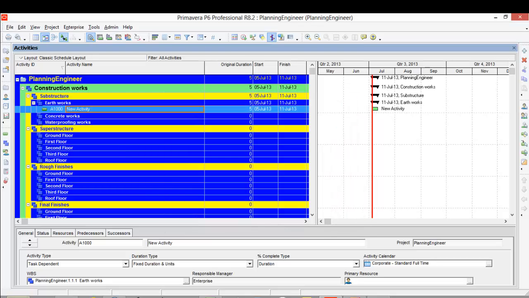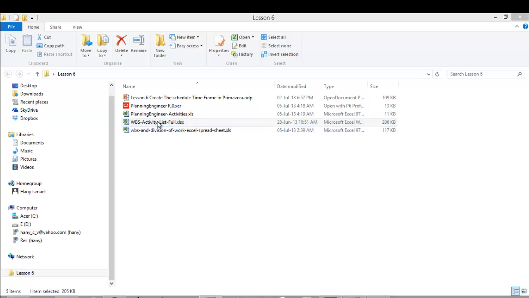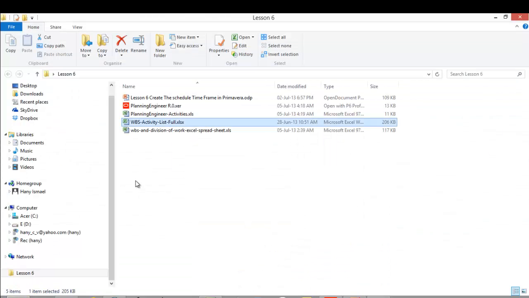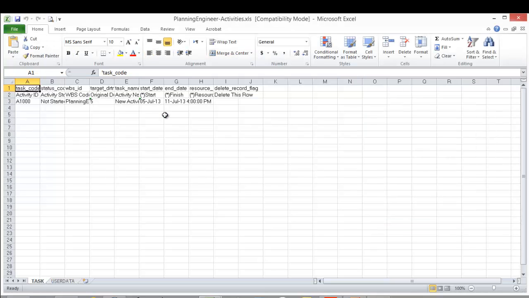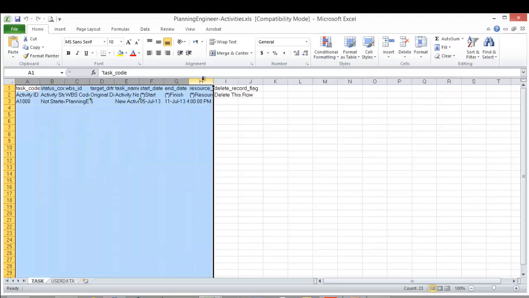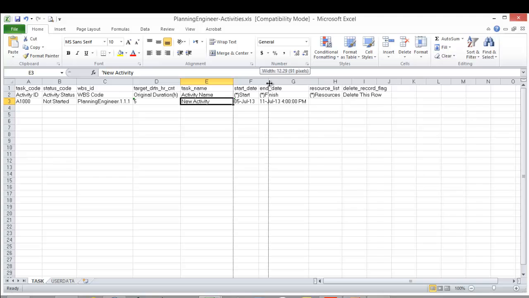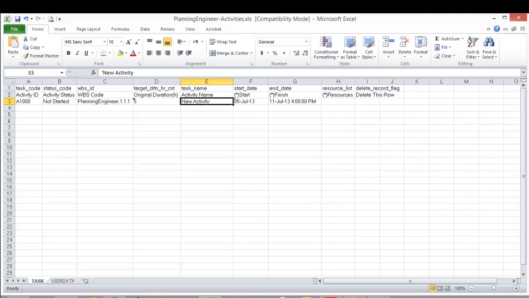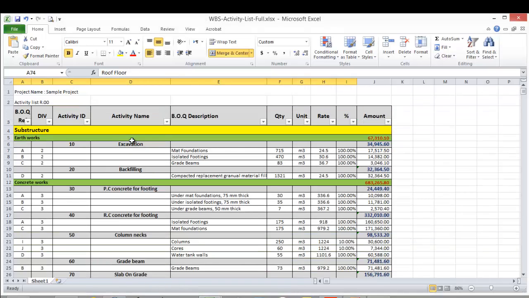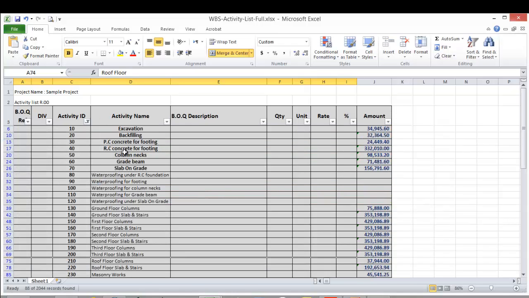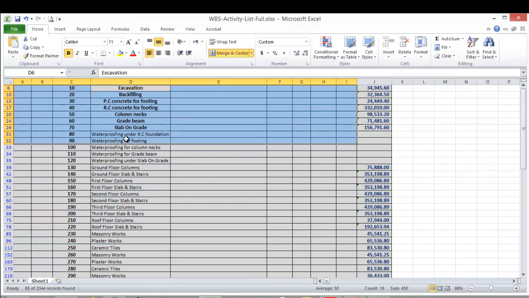I will go to the folder Primavera saved the file in, and I will open it and let's see what we have here. We have only one activity, which is the new activity. I'll go to my Excel sheet. From the filter here I will remove blanks, so the only remaining items here are the activities.